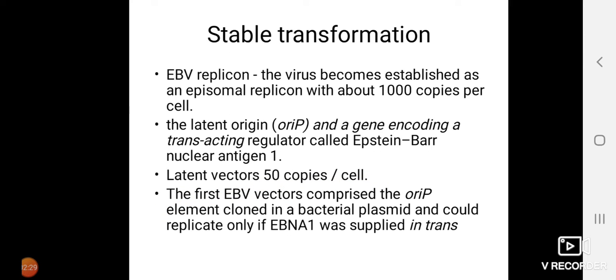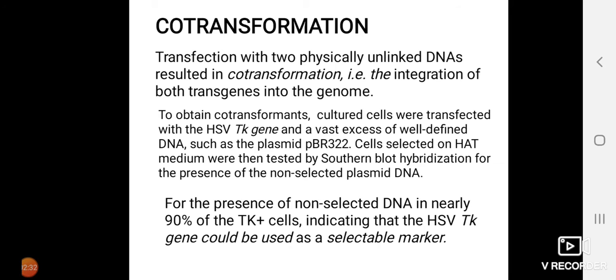Okay, so after getting the first set of recombinant DNA, they are transformed with another. In this case, one is the recombinant DNA having the HSV TK gene, and another is the pBR322 vector components. When they are co-transformed into the host cell, those host cells which are carrying the TK gene can be selected, so that can give you a co-transformant.